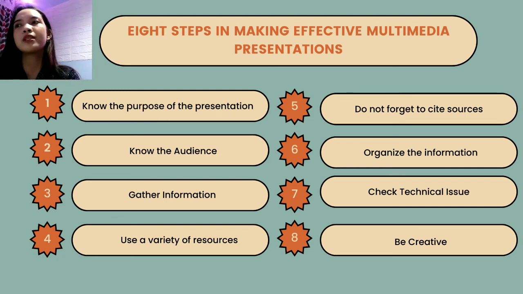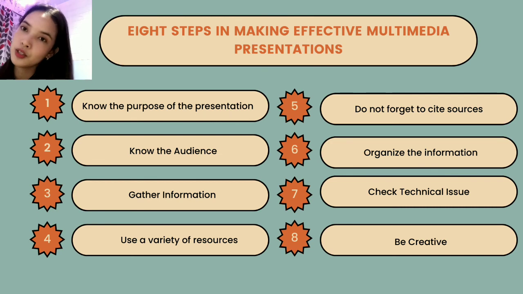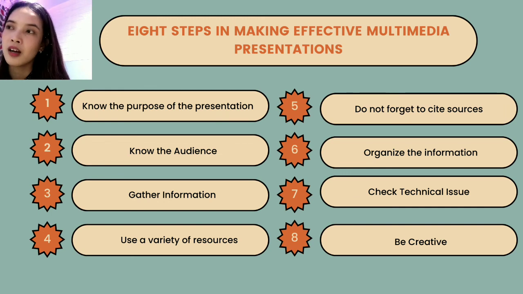When presenting a multimedia presentation, you should have a lot of information that can appear in your presentation so that your learners can learn more. The next is use a variety of resources, and do not forget to cite sources.